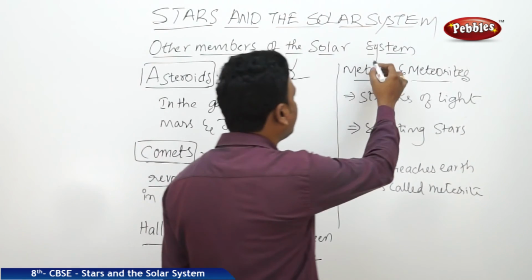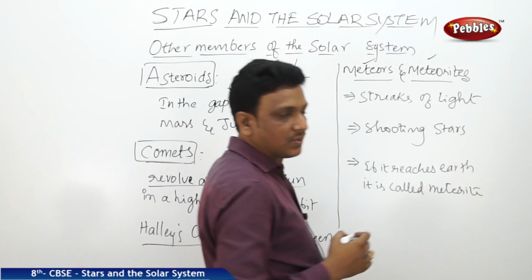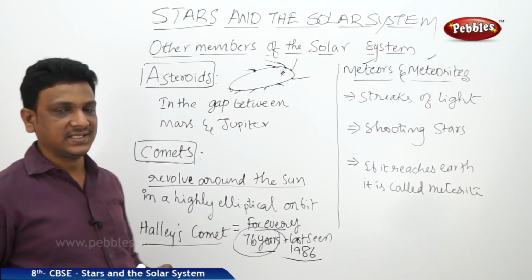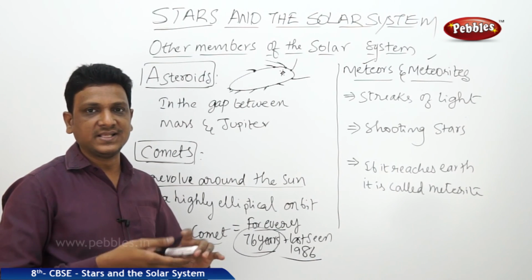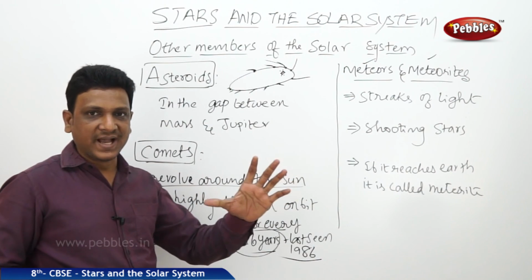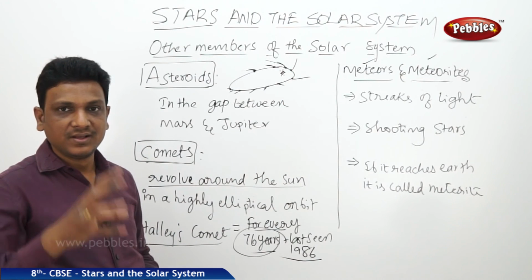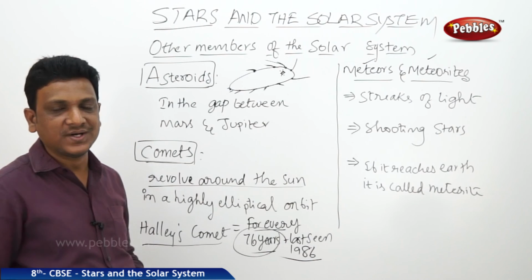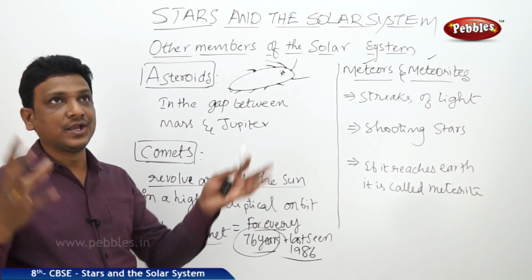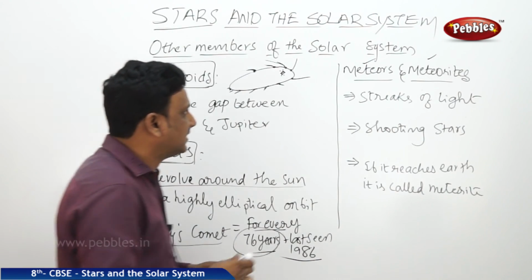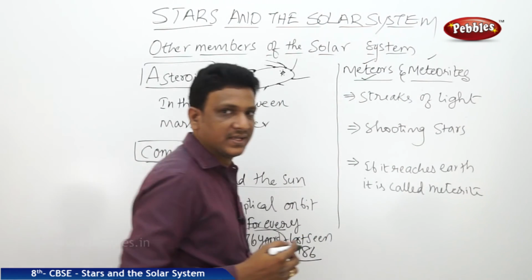So the other things are meteors and meteorites. What are these meteors and meteorites? These are also rocky materials, objects that are found in the solar system. Sometimes they enter the Earth's atmosphere. Due to the gravity of the Earth, they are pulled towards the Earth. So it is like a huge boulder of rock falling on the Earth. But here, the meteors, when they enter the